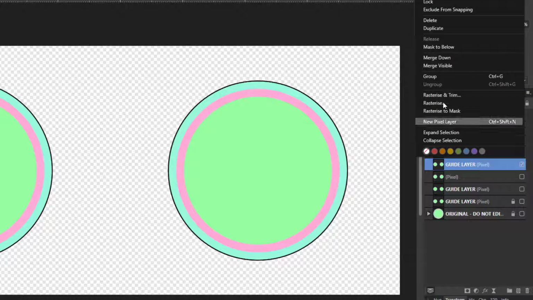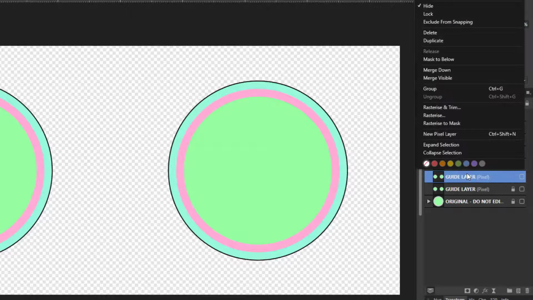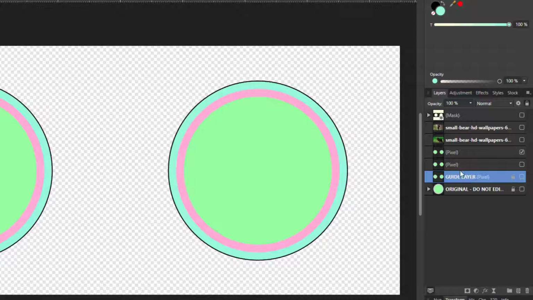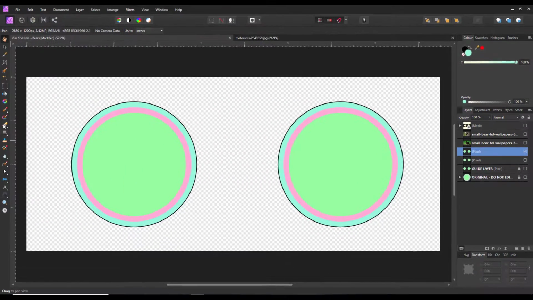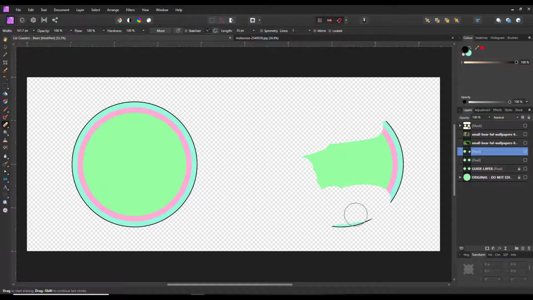And then what I will do is I will delete those 2 duplicates of that guide layer there. I will highlight the one that is visible, and I will get the eraser tool, and I'm going to delete the one on the right, like so. Get rid of that,